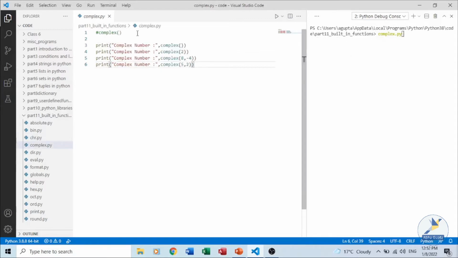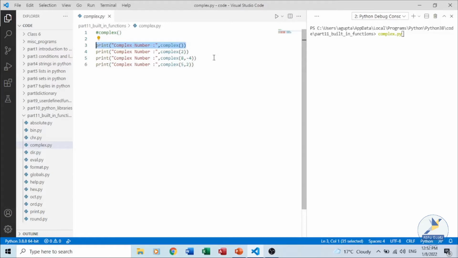The complex function returns a complex number where real and imaginary parts are provided, or a string is provided. Now, like in this print statement, we are not providing any arguments to our function.